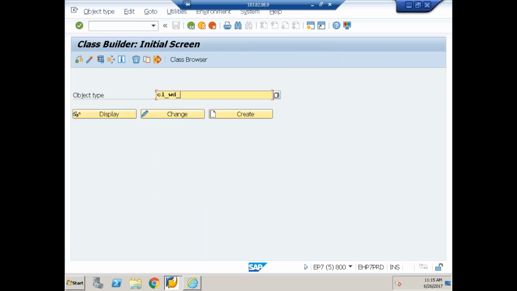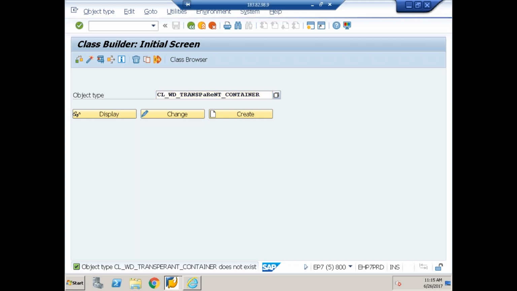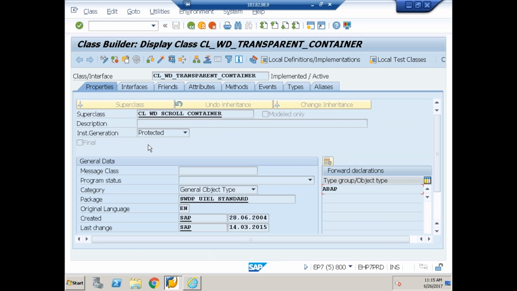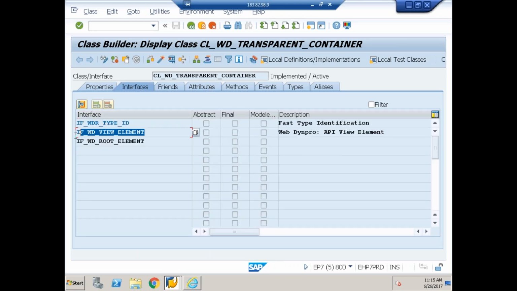CL_WD_TRANSPARENT_CONTAINER. So if I open that, what was the spelling of transparent? Let me check like this. Yeah, transparent container. What is this class? It is a protected class. If you go to the interface, is it implementing that interface? Am I clear? So the thumb rule in any object-oriented language: if a method is taking the object of an interface